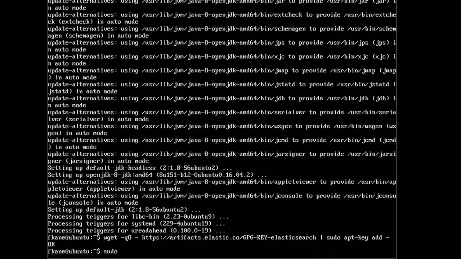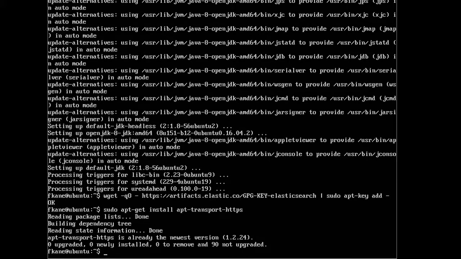Next up, sudo apt-get install apt-transport-https. It's a sort of a safety thing to do. It might not actually do anything. Okay, that's good. And now we will say echo space double quote deb https